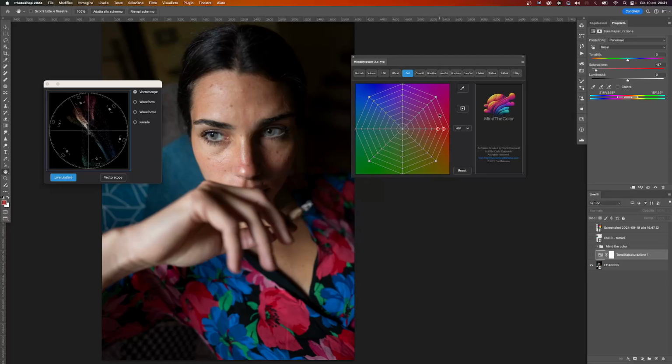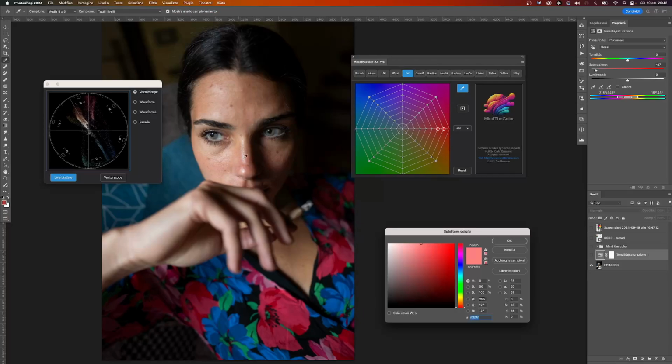So these 3 points are telling me that these red flowers live in this particular hue section, the reds, because this is the magenta, this is the purple, this is the blue, so this is the red. Then I can select a point in the skin tone, for example in the nose.